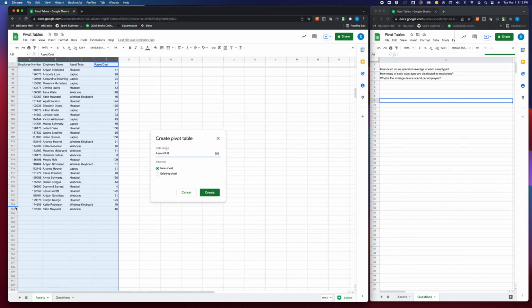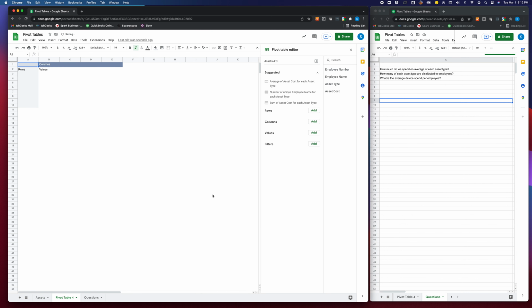You can close the range off, so you could say A through D, 125. The problem with doing it that way is that if you wanted to add data later on, you would have to then manually adjust the range on your pivot table, which is why I always like to leave my ranges open-ended. Once you create a pivot table, it basically looks just like a blank box because Google Sheets doesn't actually